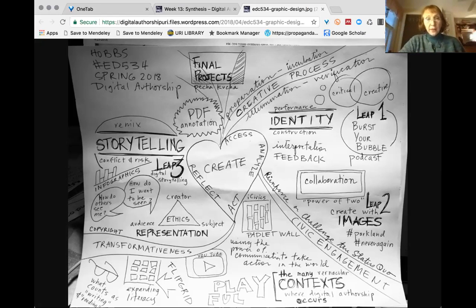We create all the time, but to break it down into those pieces: preparation, incubation, thinking, illumination, an idea, and then really putting it together. I just like that because when you really get into complex creative projects or processes, you need to really break it down in order to make it work.